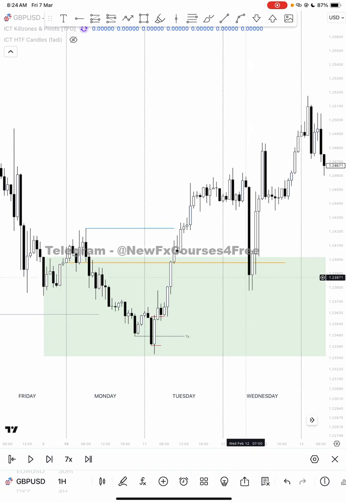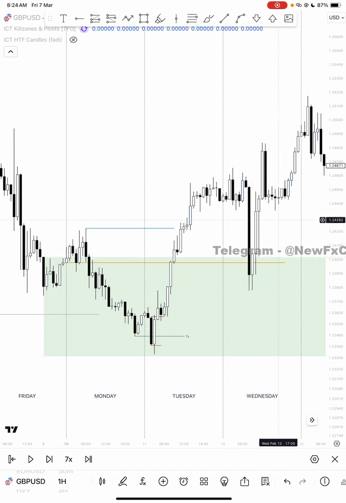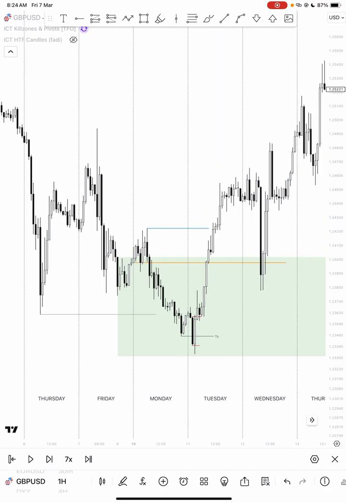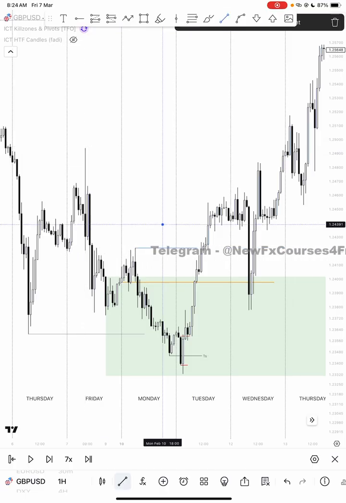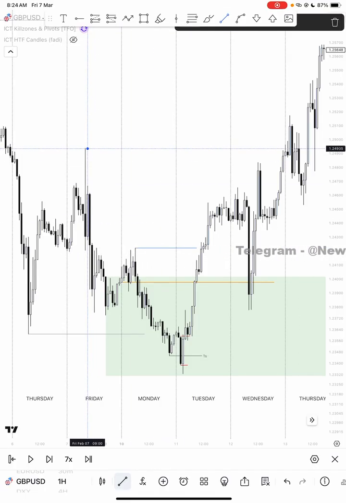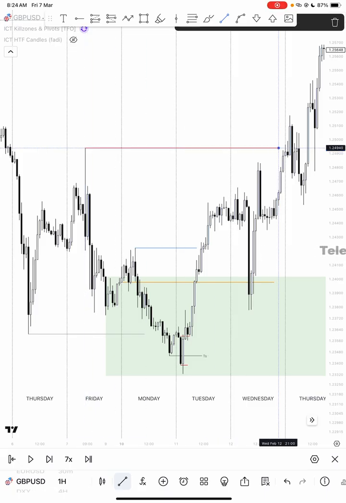Open price, low, then expansion, second leg of expansion, then towards our second draw on liquidity, which is the previous day high over here,